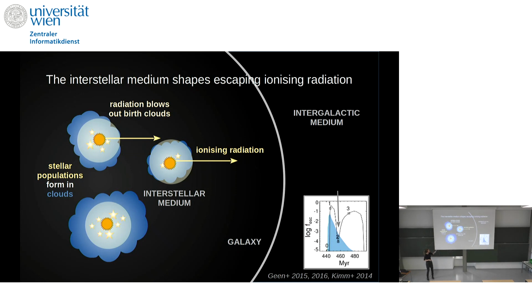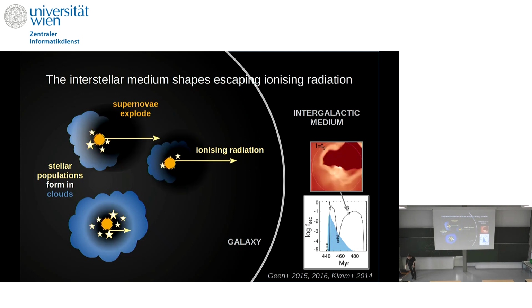But when these supernovae then explode, their shock waves clear out the gas channels. And essentially what people find is that once your radiation could destroy your cloud, your supernova explosion will fully destroy it, and the ionizing radiation can just go on and escape. If the radiation was not really able to destroy your cloud, then the supernova feedback is also less likely to manage it, and your radiation is more or less trapped in the cloud.